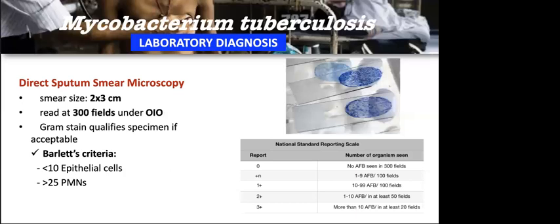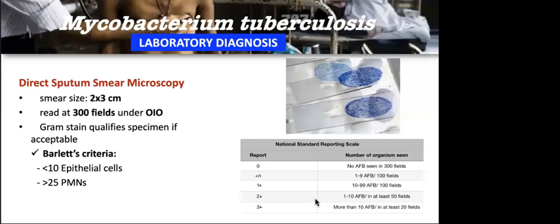Okay, so here added in the screen is the reporting for our microorganism, when we need to quantitate them. So 0, no acid fast seen in 300 fields. Positive N, or plus N, if you're only able to read less than 10 acid fast in 100 fields. So you can use plus N and then your counted organism. So less than 10, that's plus N. So you can write plus 5, plus 9, if you're only able to see those.